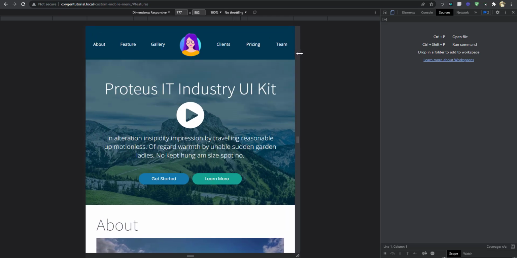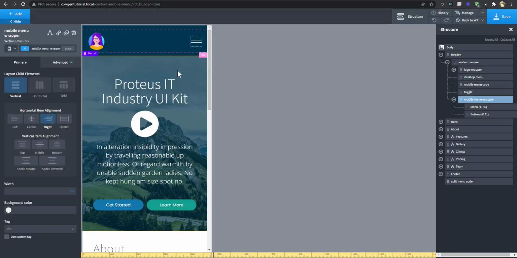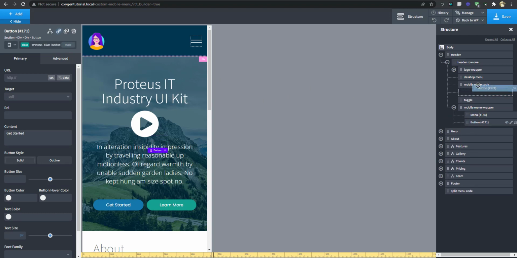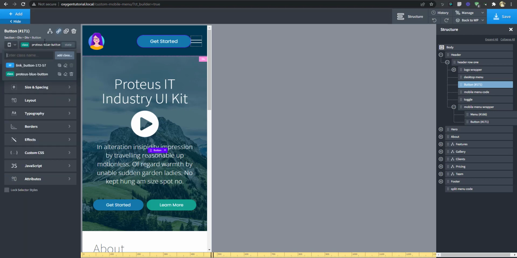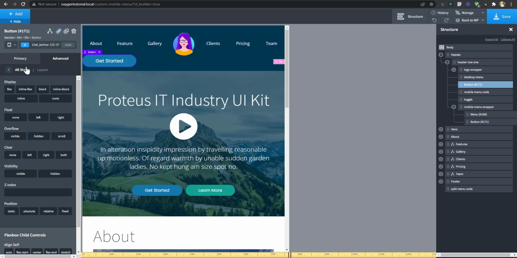So let's say at 769, all the desktop menu is gone, so you want to put a button. I'm going to duplicate this button. You want to put a button beside the desktop menu, and then you don't want it to show from 768. So it's going to be display none below that, but anything above that.